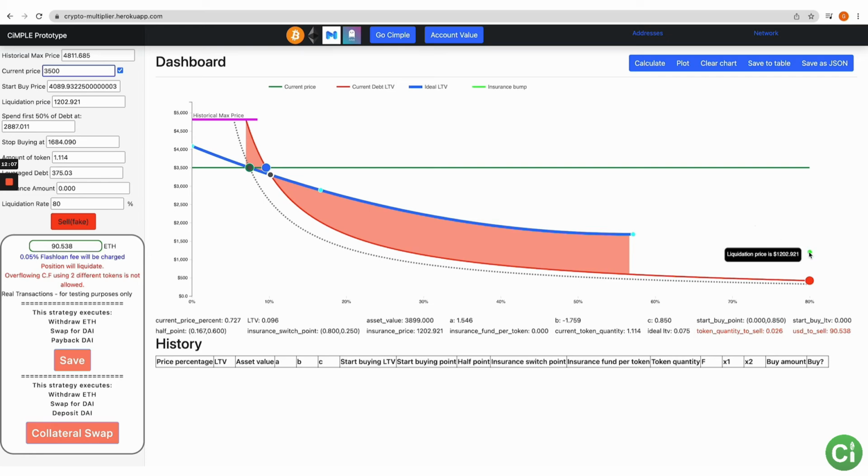Just know that this is a calculator, and it's based on actual things that you've done and the settings that you put in, right? But it is still a calculator, and it can't do magic. It can't unwind previous mistakes that you've made in your past. It can only help guide you in what you do moving forward.